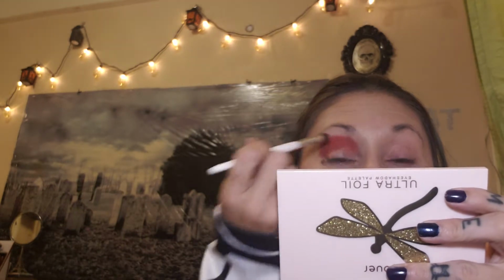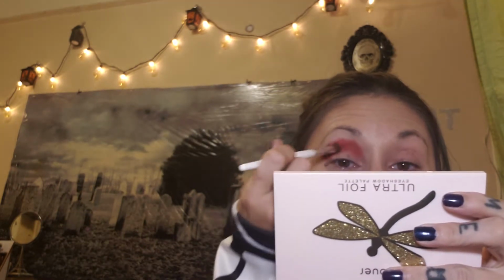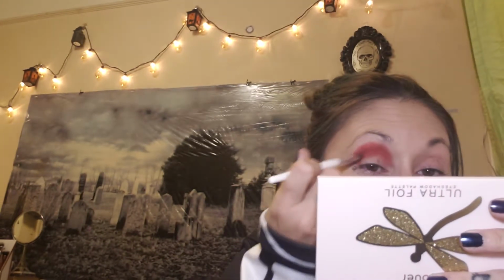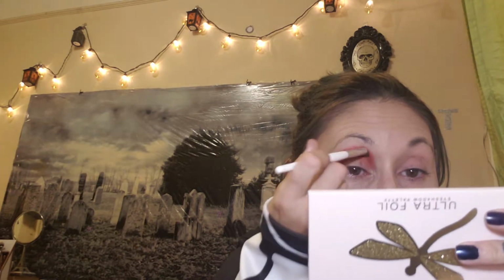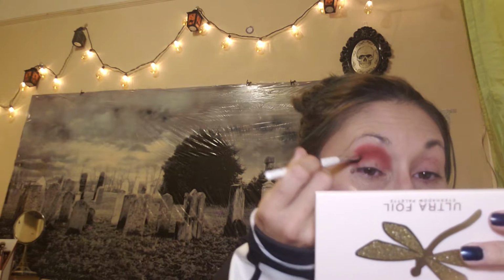And my mom got me the Sultry palette for Christmas, and I thought I wasn't going to like it. And it is a neutral, cool tone palette, but there's just something about it that, I don't know, I really like that I have it. I don't know if I would have bought it myself, but since she got it for me,